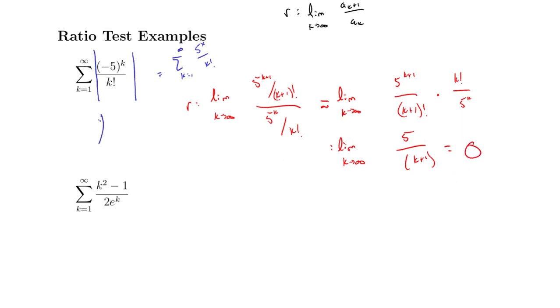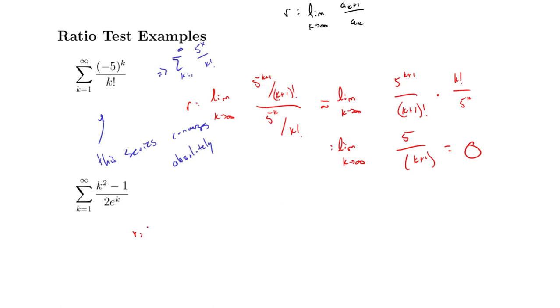Since this limit is 0, we can say this series converges absolutely. Because remember, we looked at only the positive term versions. We took an absolute value of all this stuff. Neat. For this second one, we can set that one up as well, and we can say r is going to be equal to